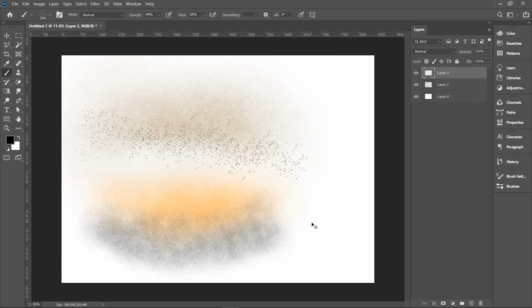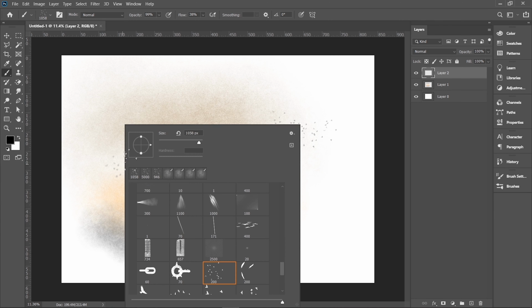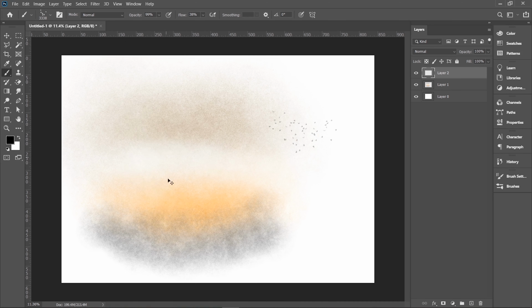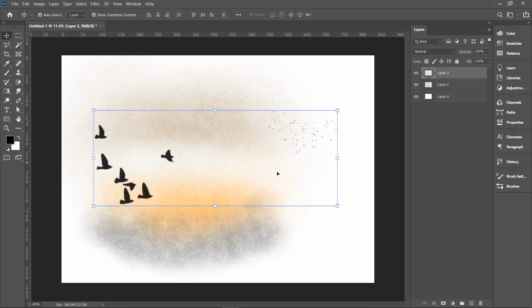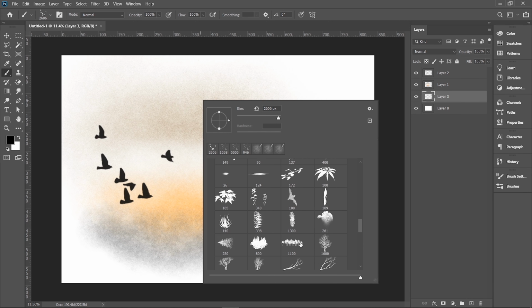Let's make some birds. Also add some trees in the background.